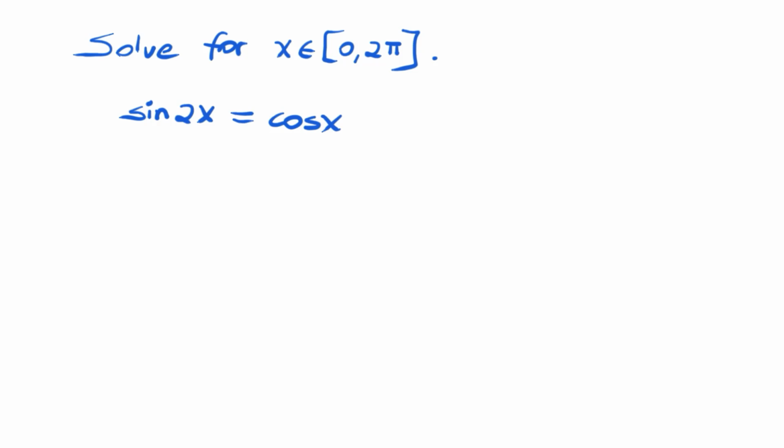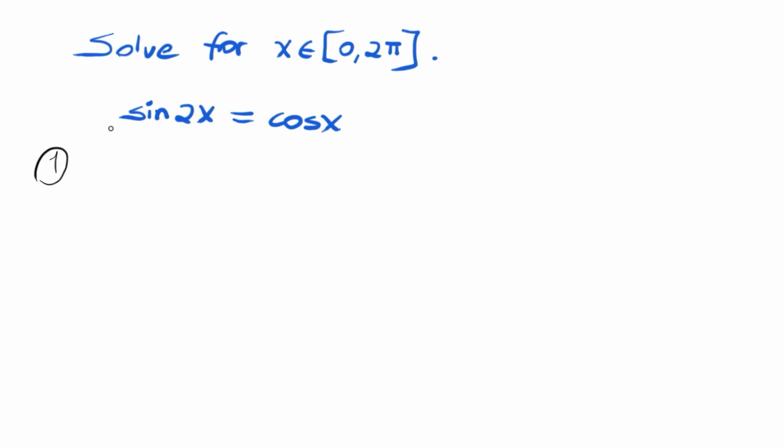We have a very nice trigonometry question today. Solve for x in between 0 and 2 pi: sine 2x is equal to cosine x. We will solve this question in two methods. Let's begin with the first one,